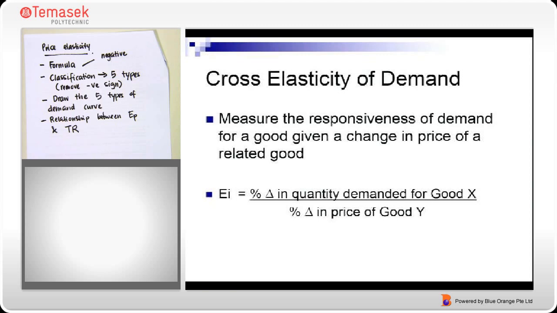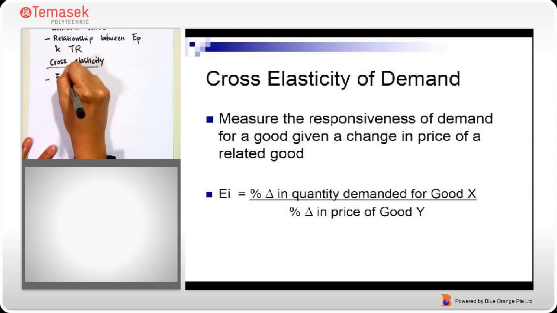Next is cross elasticity. Now notice that for the other elasticities, it's only the denominator that has changed. So in this case, we are measuring cross elasticity. It is with respect to the change in price of another good, right? For price elasticity, it is with respect to the change in the price of the good itself. So now we are measuring the change with respect to price of another good, and so for cross elasticity,